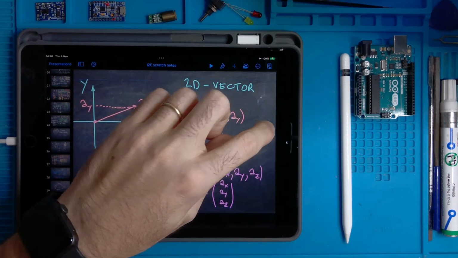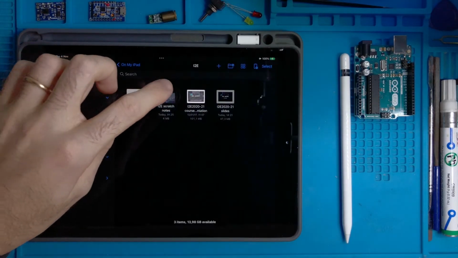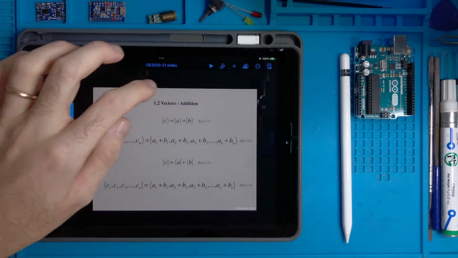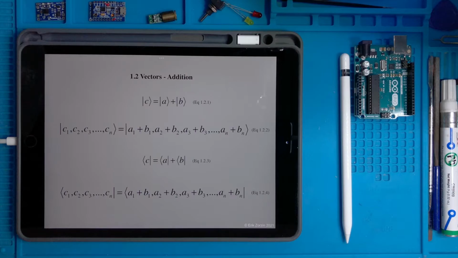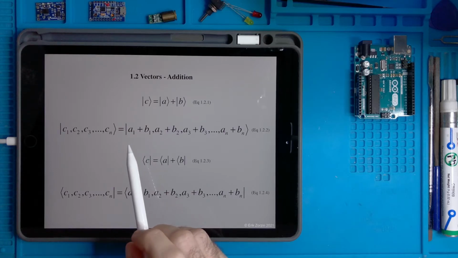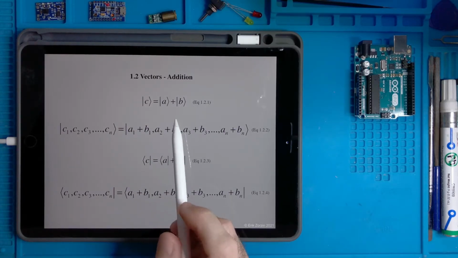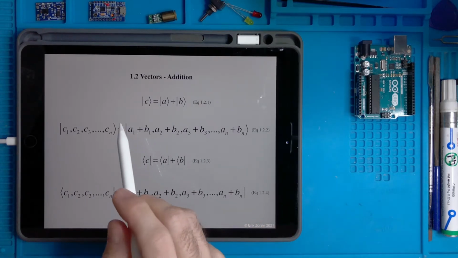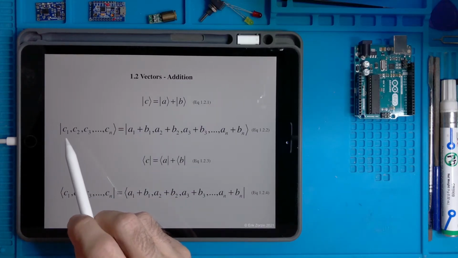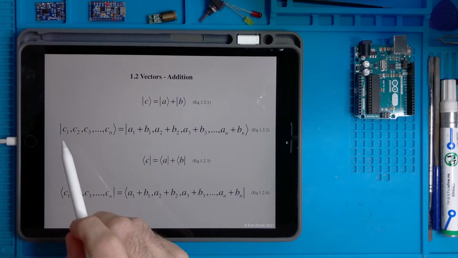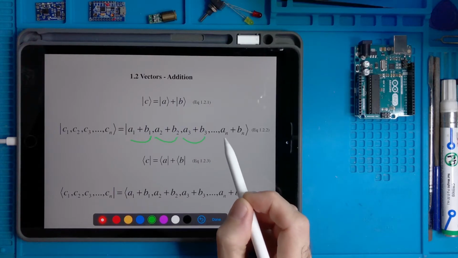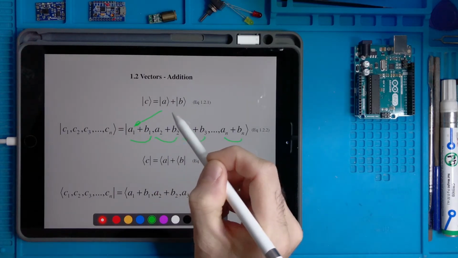So now I go back to the presentation. Okay, so we were here. So here you have an example of what you can do with vectors. You can summate one vector with another one, and here you have the definition. So the definition of a summation of vectors is a vector having entries, and each individual entry is the summation of the individual entries of the vectors. So this.